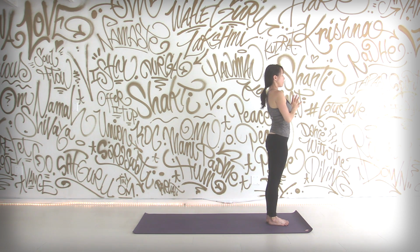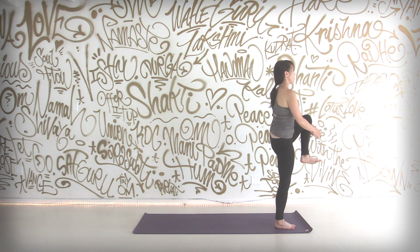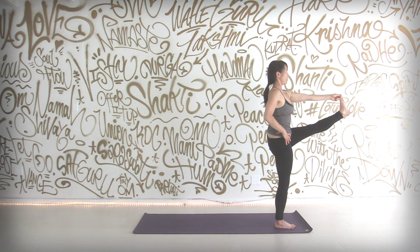Good, now come up, release. Right foot next to the left. And we'll switch sides. Hug the left knee into your chest. Feel your spine get long. And when you're ready, you can hook the left big toe with the two peace fingers on the left side